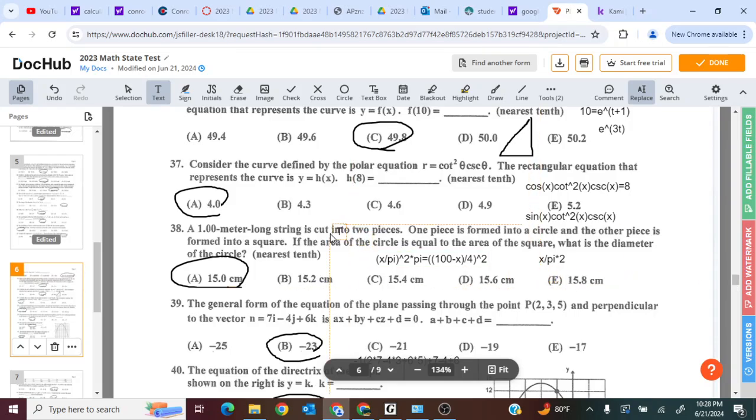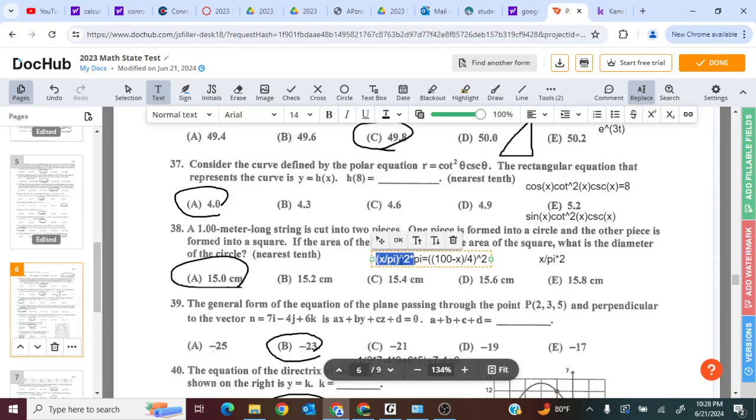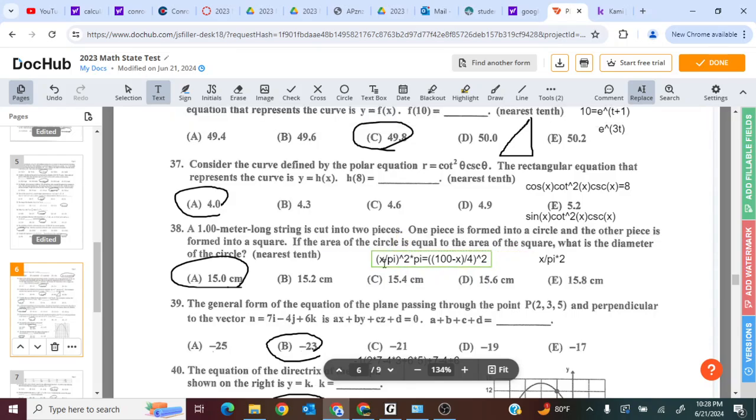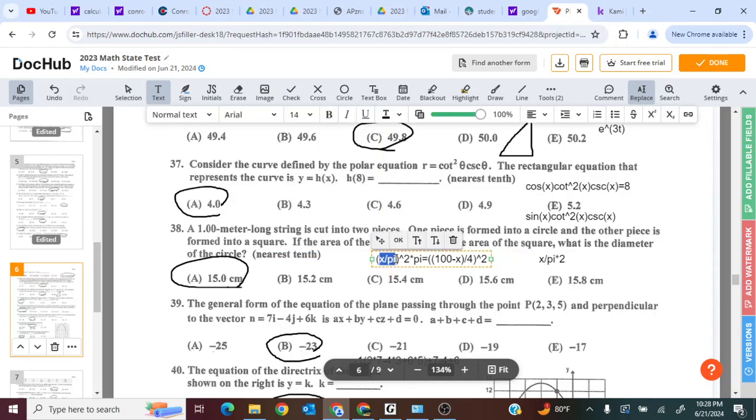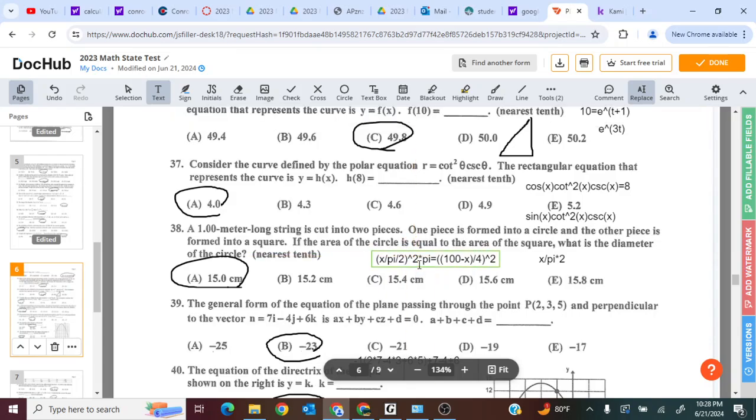A 1 meter long string is cut into 2 pieces. One piece forms a circle, the other piece forms a square. Area of the circle is equal to area of the square. What is the diameter of the circle? So let's set those equal to each other. Your meter that's contributed to the circle will form the circumference. So divide by pi, divide by 2, my bad. Divide by pi, divide by 2, square it, times pi. And then that will get you the area of the